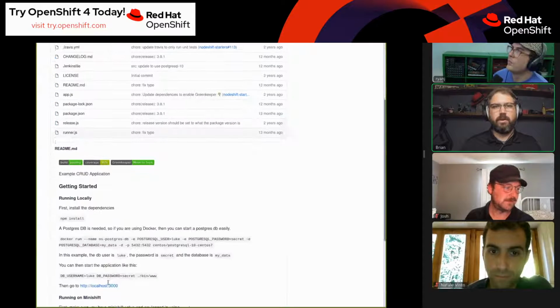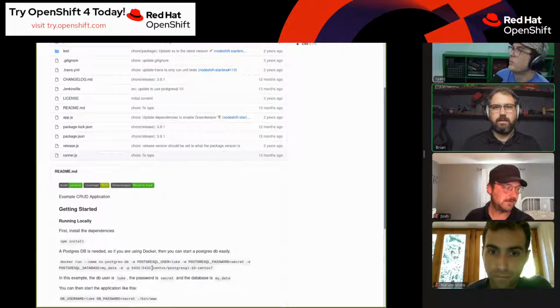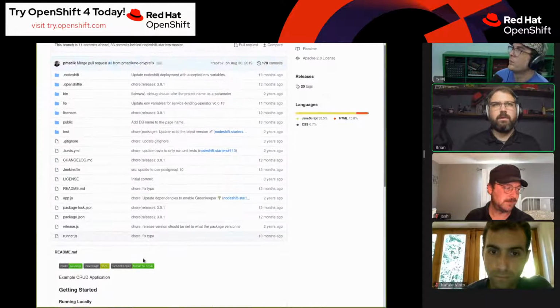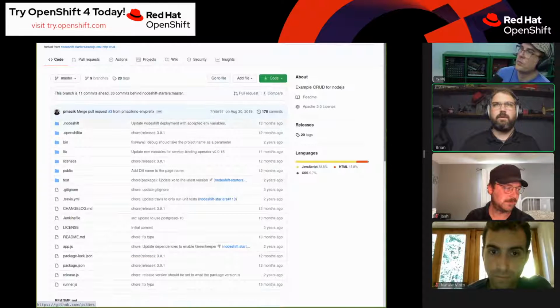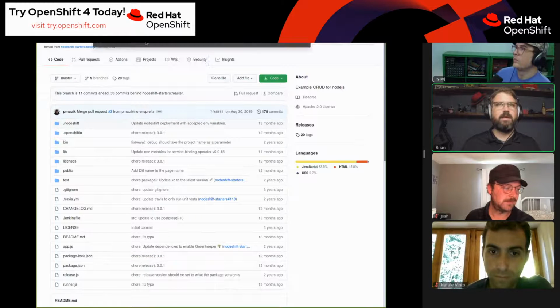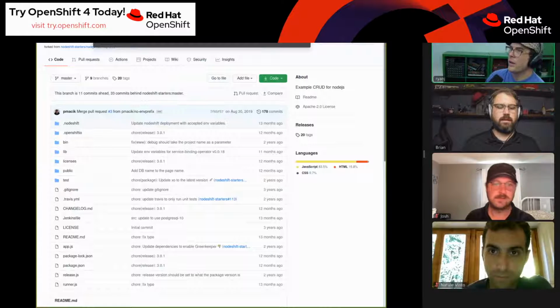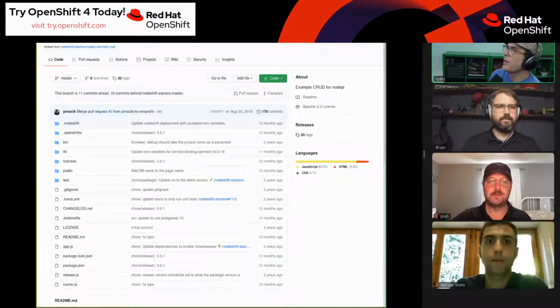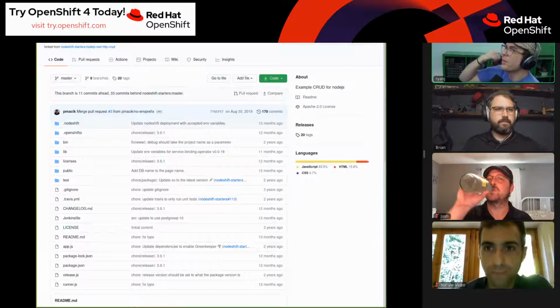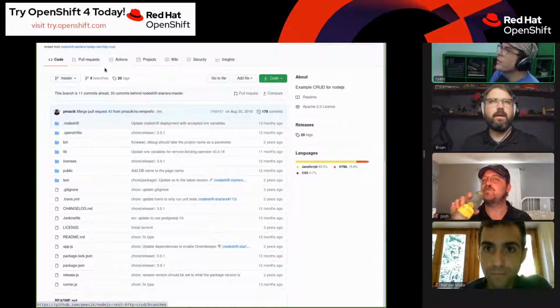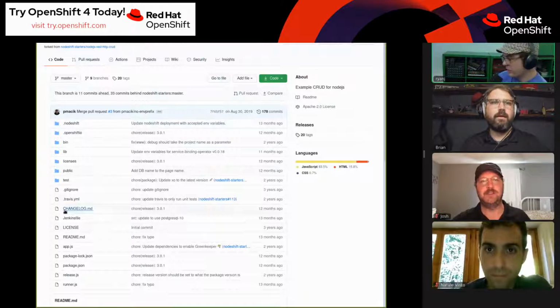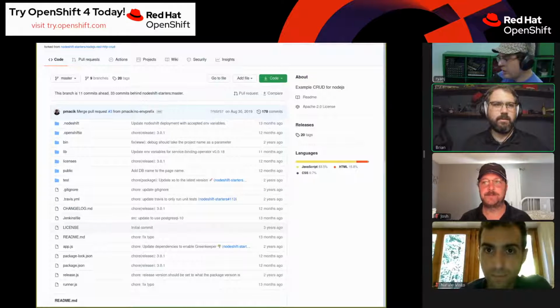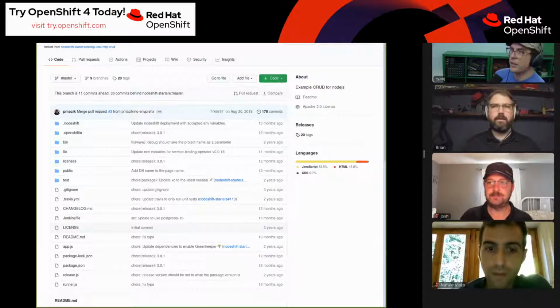And from here, let's see. Yeah, I guess what do you want to see for this particular repo? Should I drop this into the chat? Yeah, that'd be great. I could type it in if I could just read the URL at the top. What is it? Red Hat something. It's in the chat. So okay, perfect. You got it. Awesome. Thank you.